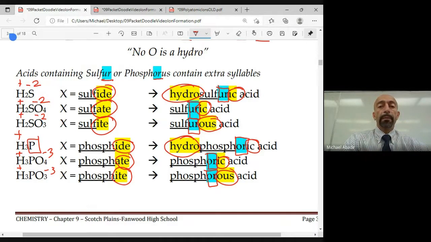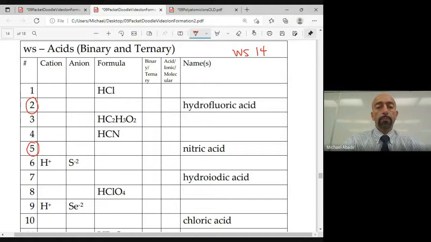So let's take a couple of practices on the homework worksheet. This is worksheet 14, acids. These are both binary and ternary. So let's take a couple of examples. Let's take number 2. Now we're going to work a little bit backwards. So this one says hydrofluoric